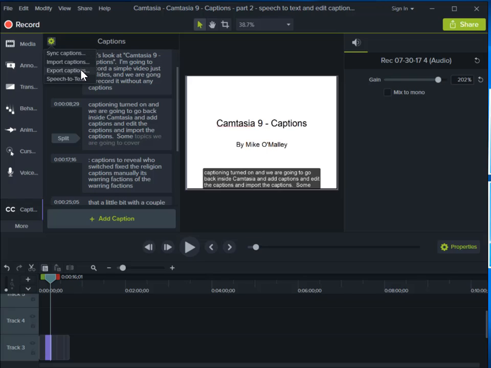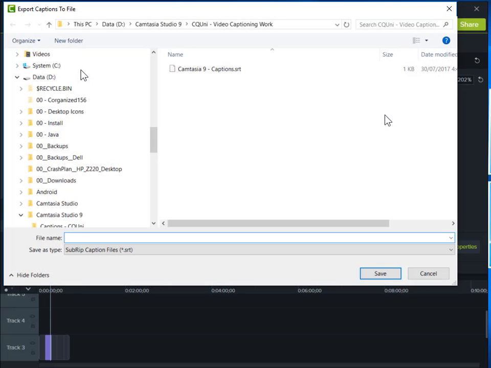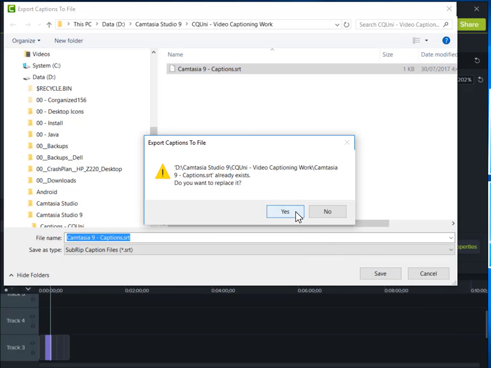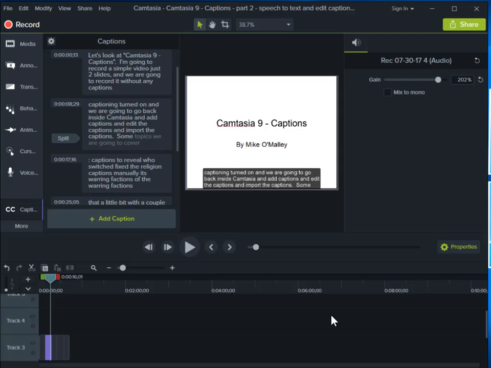Okay, we're going to export our captions so that we've got a backup of our captions outside of Camtasia. So click export, and then you can type in a name. I'm just going to override that file there. So Camtasia captions SRT, and click save. Okay. Do you want to replace it? Yes. Okay, so I've saved the captions now to their file on my computer, and if I go to where